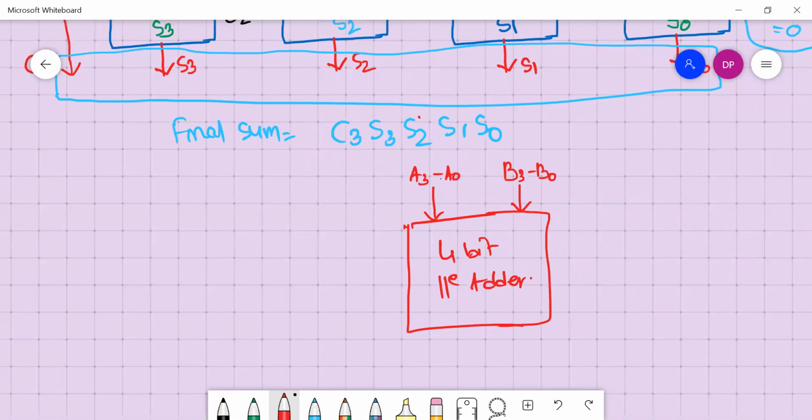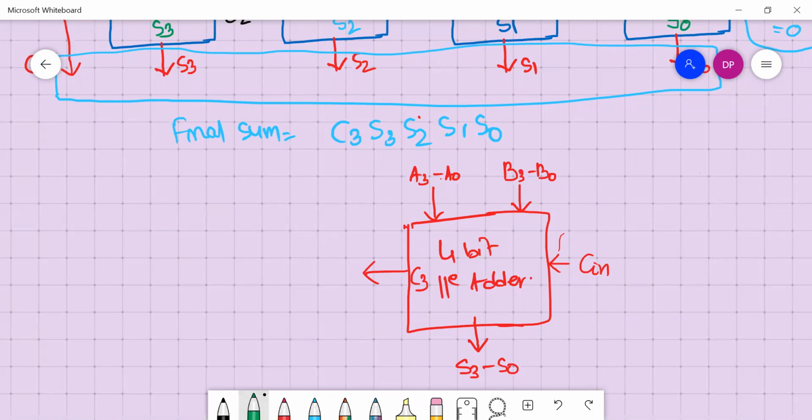As its output you will get C3, S3 to S0. Along with that, you will get a carry out. There is also one Cin over here, and this is its carry out, C3.